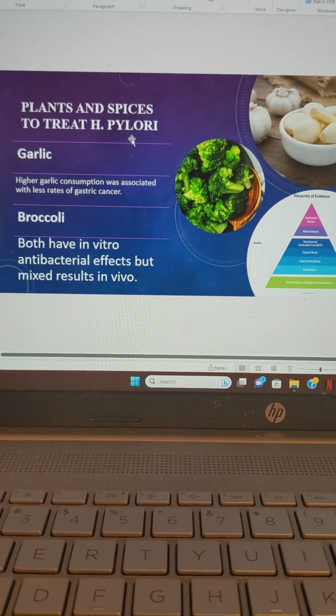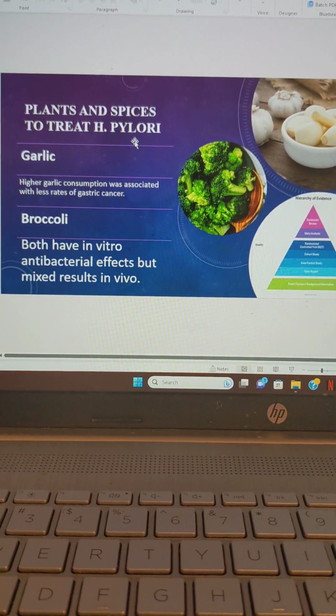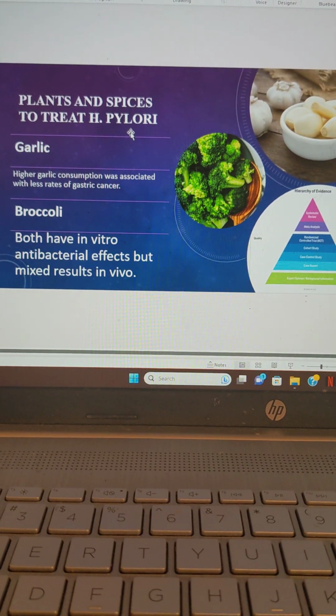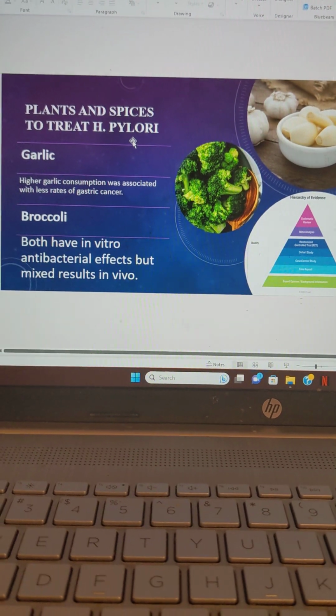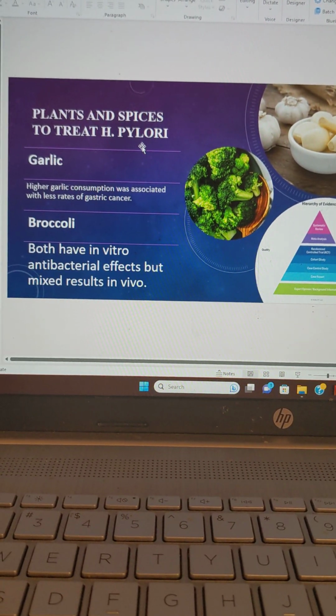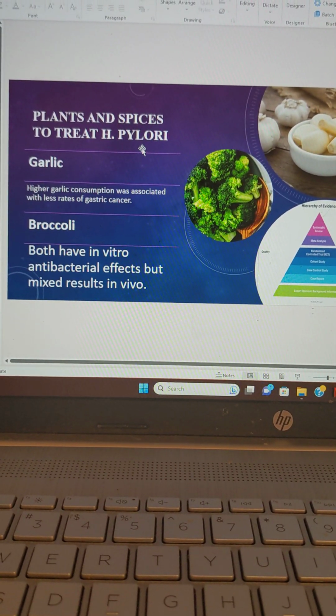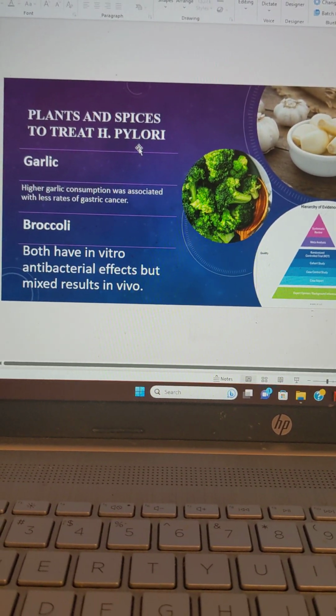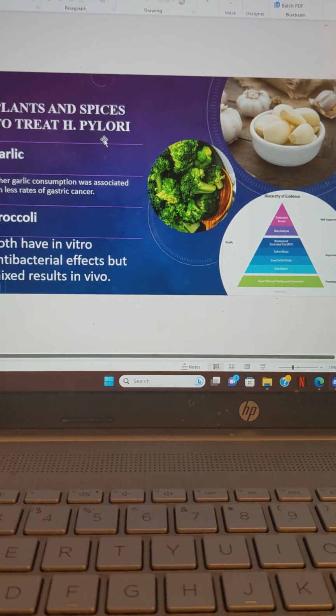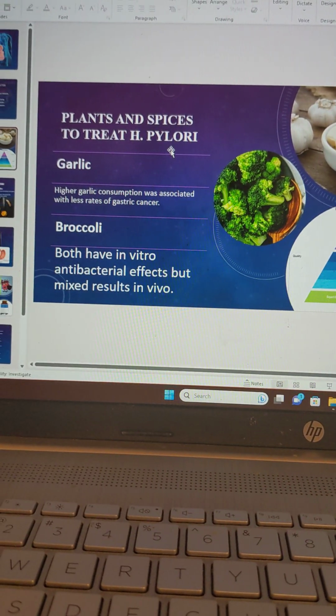First, complementary therapy: plants and spices to help treat H. pylori. Garlic was shown to have an association with lower rates of gastric cancer, so when they did some studies, they found it, along with broccoli, had in vitro antibacterial effects. That basically means in a test tube or a petri dish, it seems to really harm H. pylori. However, in vivo